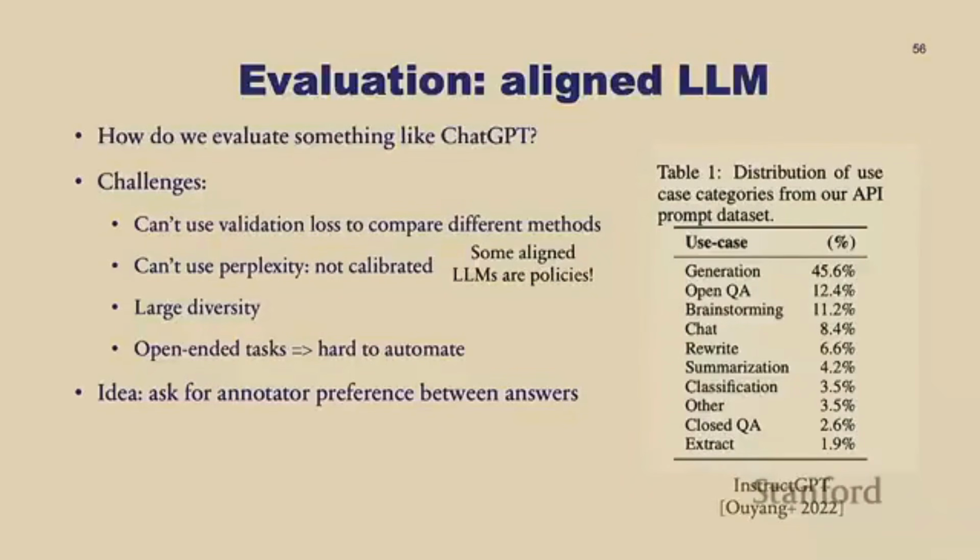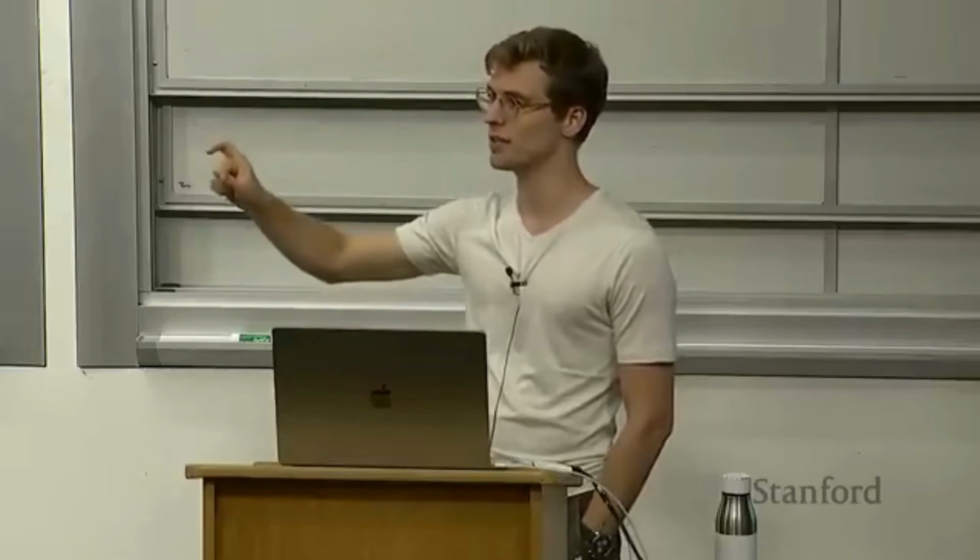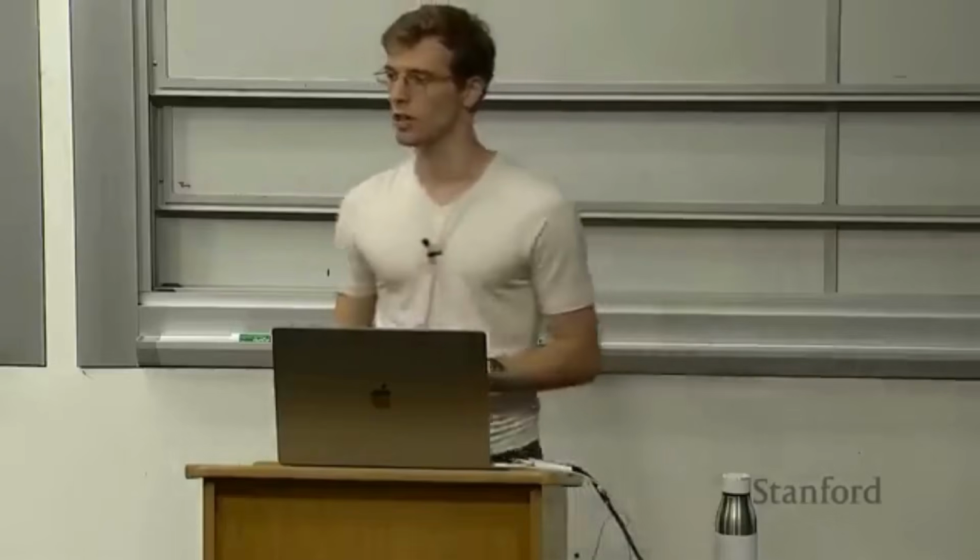Yes? I'm not sure I understand what you mean by like can't use perplexity, not calibrated, right? Like the LLM is still doing next token prediction. So why can't perplexity be used? So think about the optimal solution after doing PPO is basically one model that gives you essentially a delta, like basically says that there's only one sentence that could be generated for that question. So now if you use it on something that is slightly semantically different, it would actually give a likelihood of 0 for that answer. So in reality, it's not that extreme, because as you say, it's still a distribution, but